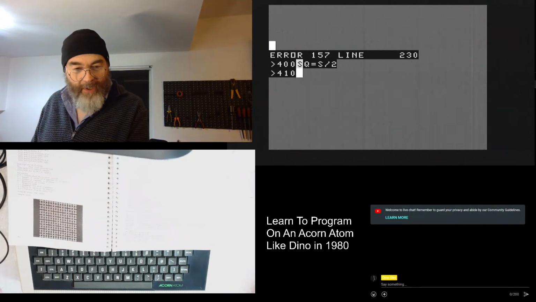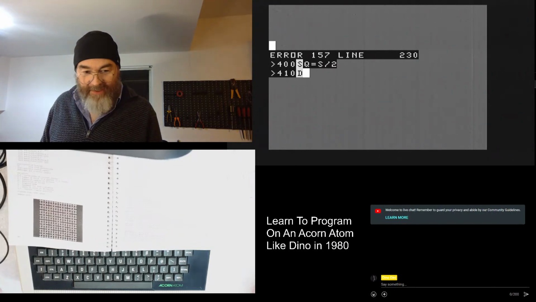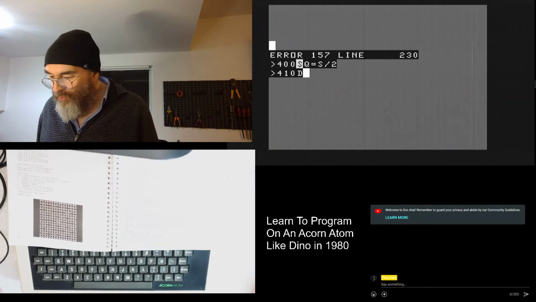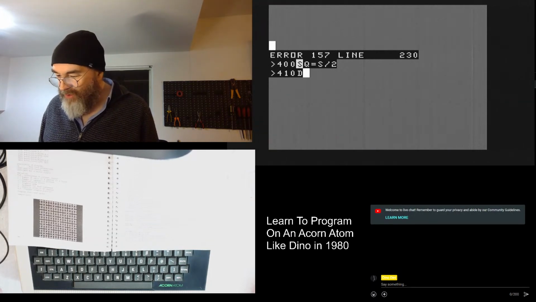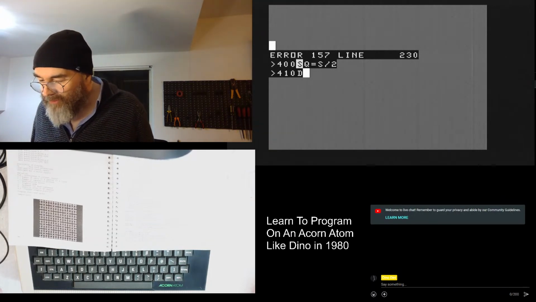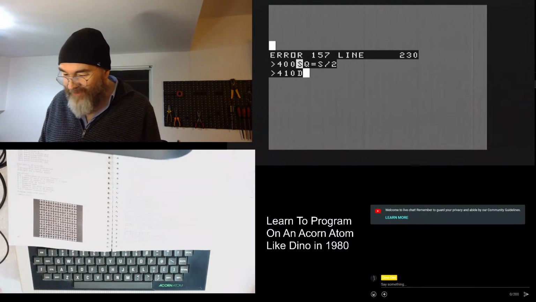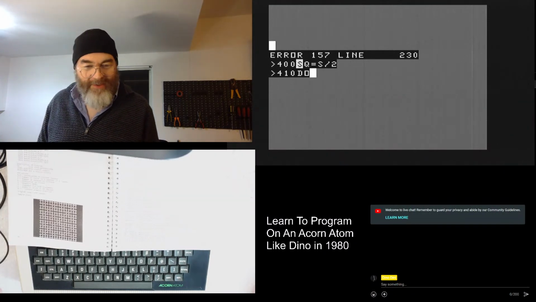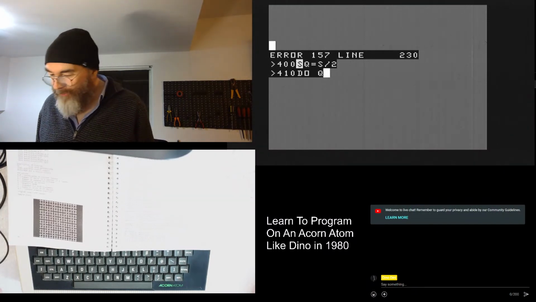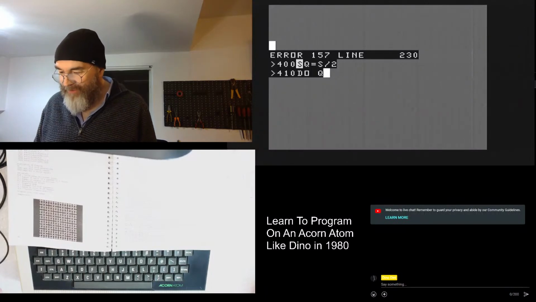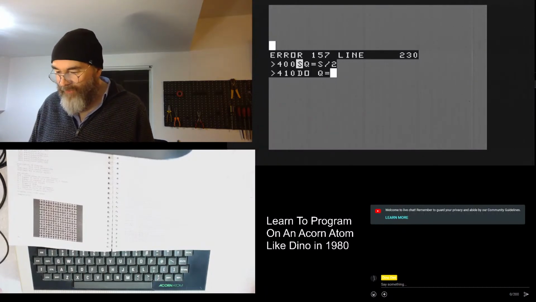Anyway, we go here and do, is this a do while loop? Until, it's a do until, yes, it's abbreviated everything. So do Q equals Q